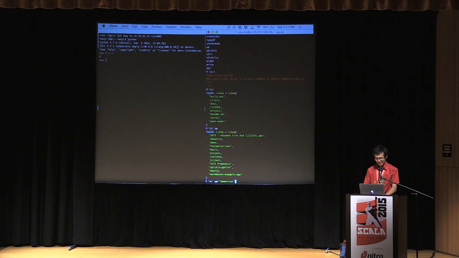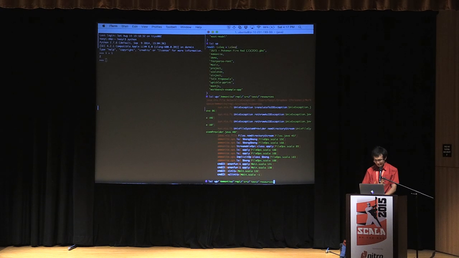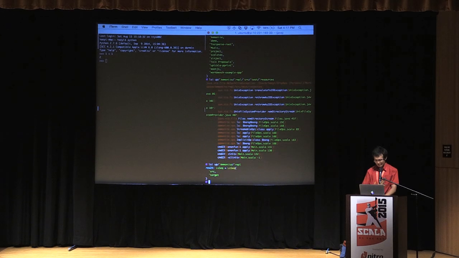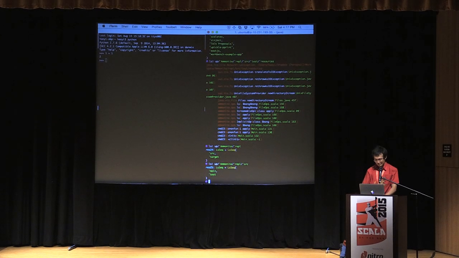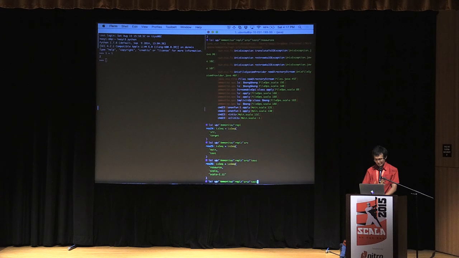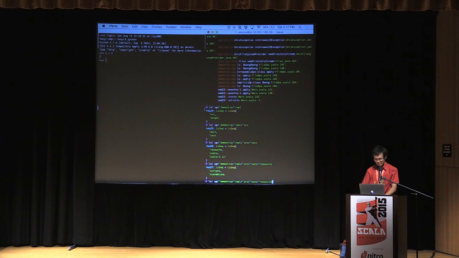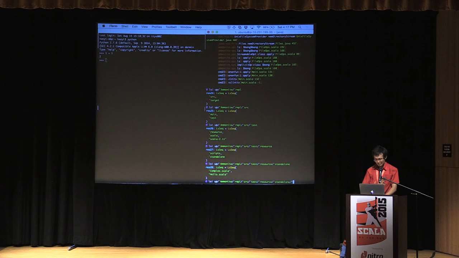I called it REPL. You can see without syntax highlighting, it's kind of a pain. Source, test, resources, standalone, hello.scala.